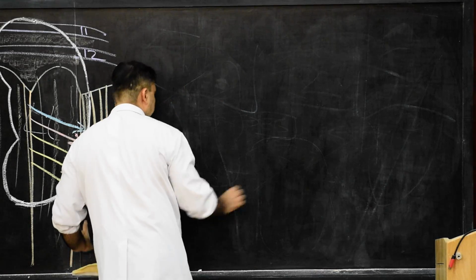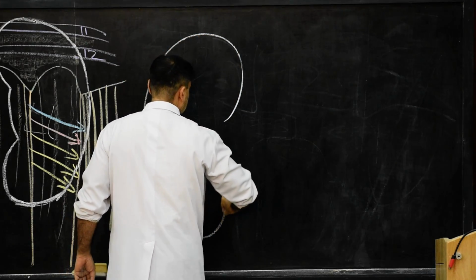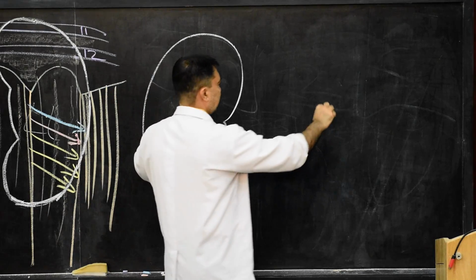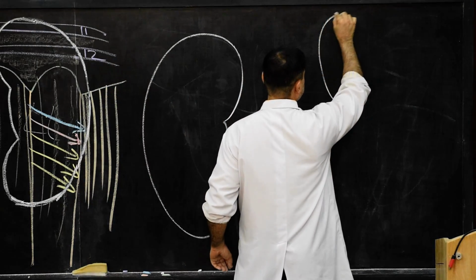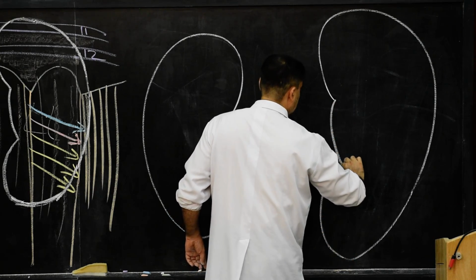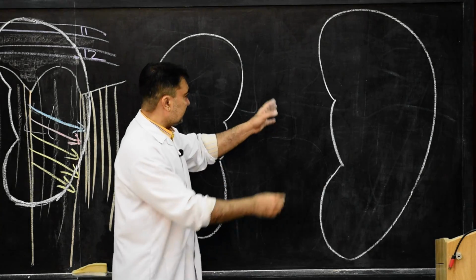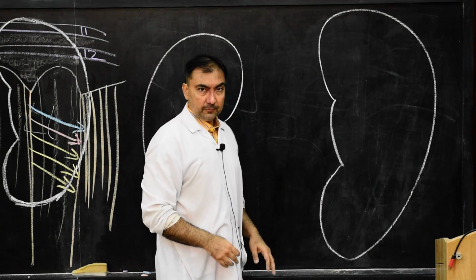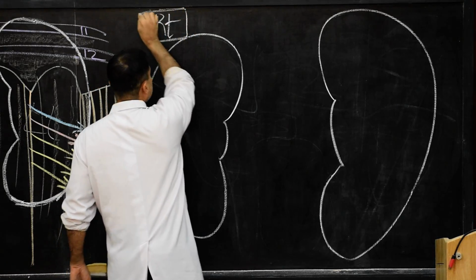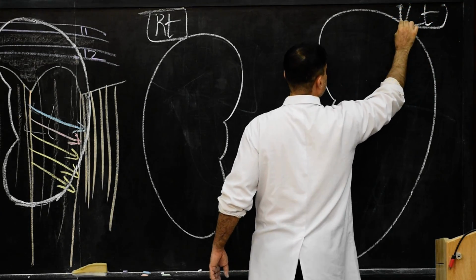What are the relations? So first of all, we draw the kidneys. Both the kidneys here we show. So this is the right side kidney, and on this side here we shall draw the left side kidney. Right is at a lower level than the left, and left is slightly longer and narrower, we know that. So here I am going to mention this as the right kidney, and here this as the left kidney.